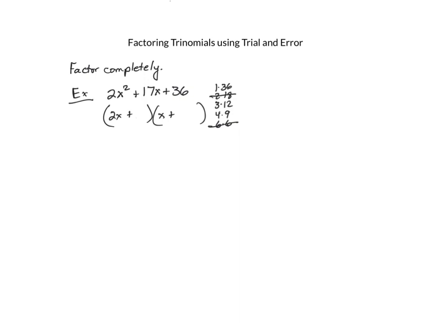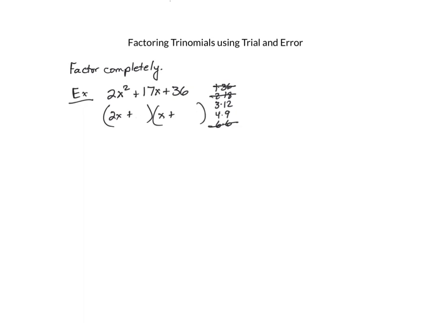Furthermore, as I roll through these possibilities, 1 and 36, 3 and 12, or 4 and 9, I will make sure that I don't put an even number here. So if I try 1 and 36, I will just put the 1 here and the 36 here. And of course, quickly you see that that doesn't work. So we move on